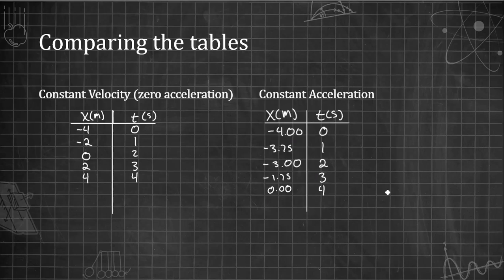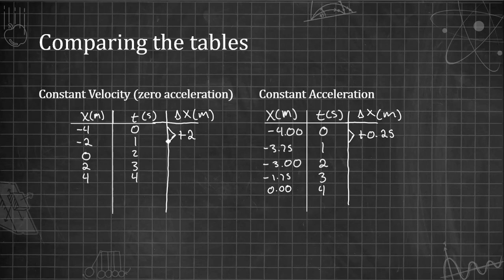So we've copied and pasted both data tables so that we can compare their displacements over time. What we're going to do now is make another column that represents the displacement of the object in between two time stamps. So we'll look at the displacement between time t equals 0 and t equals 1, between 1 and 2, 2 and 3, and then 3 and 4. And we'll compare the displacement between the object moving with a constant velocity and an object moving with constant